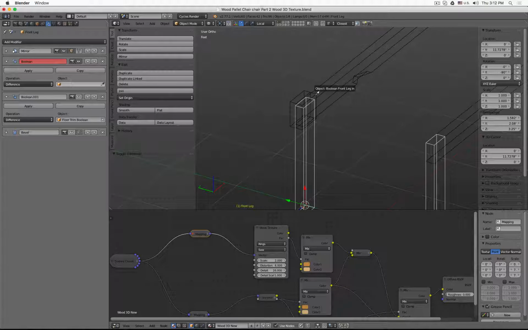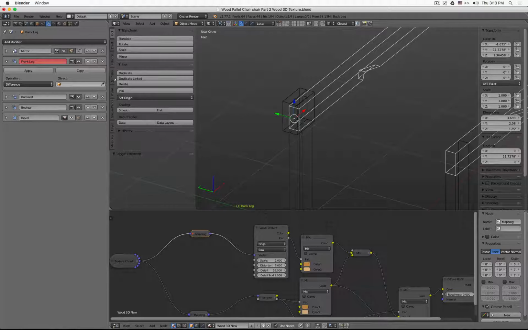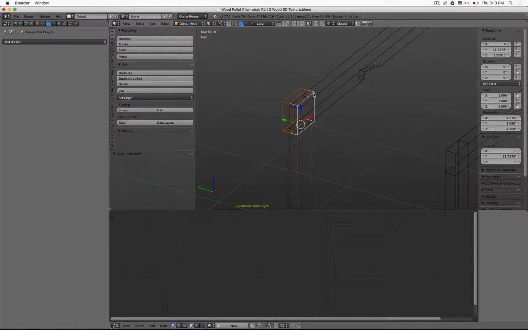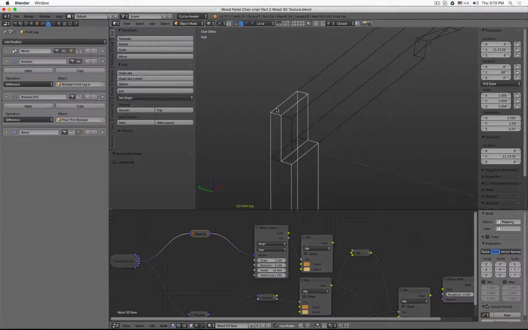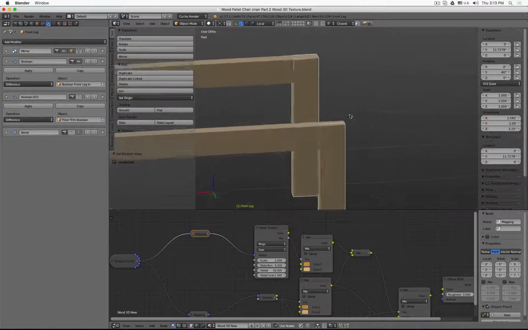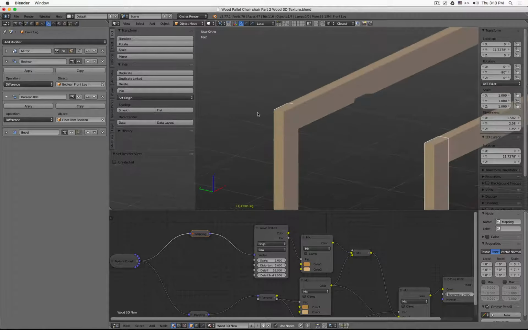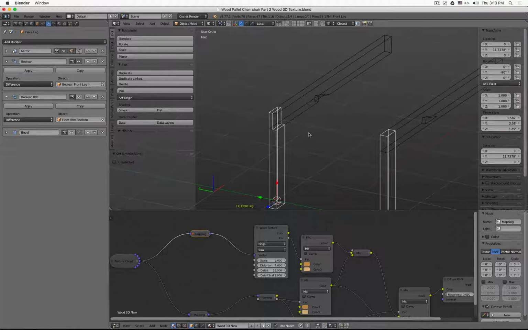So I will, in this case here, select the inside, because for this part I will select the outer cube. So there you see, you will see the joint later, the half flap. Great. Okay, so